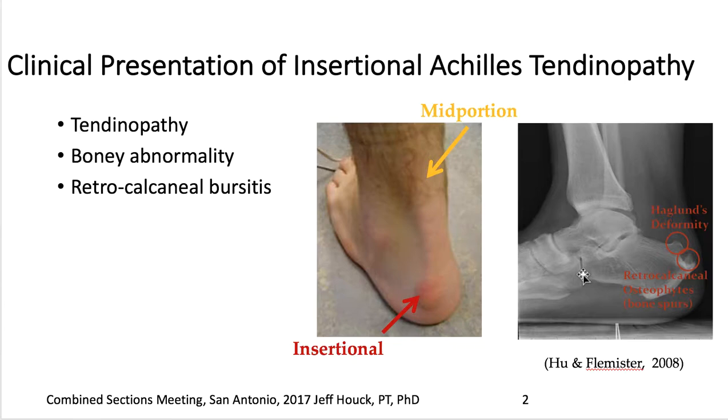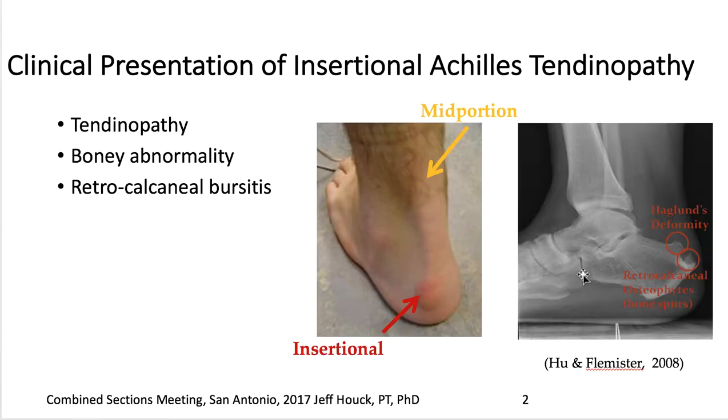So it's important to recognize that, different than non-insertional tendinopathy, this isn't just a tendinopathy that shows growth and abnormal tissue responses in the tendon, but some of that tendinopathy is being caused by abnormal compression with the bone, and then some of the pain that's occurring in patients is coming from inflammation of the tendon, which is responding to